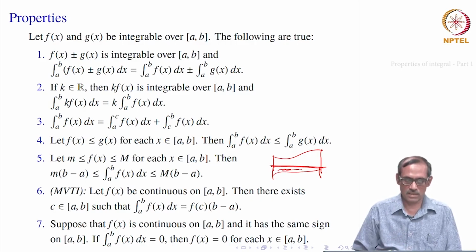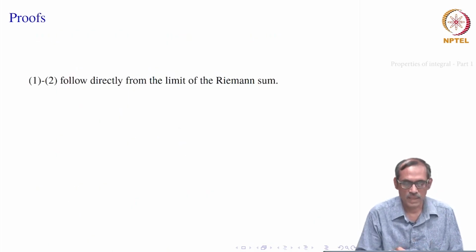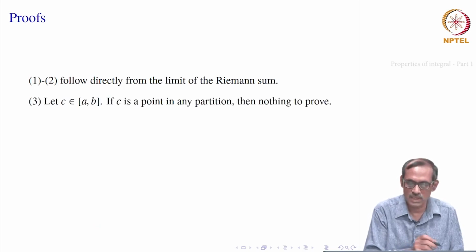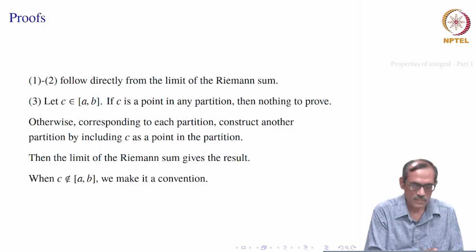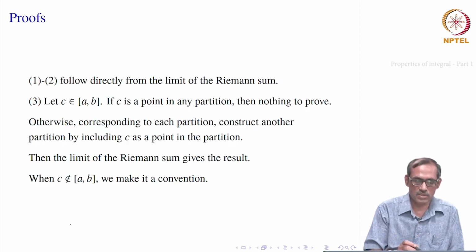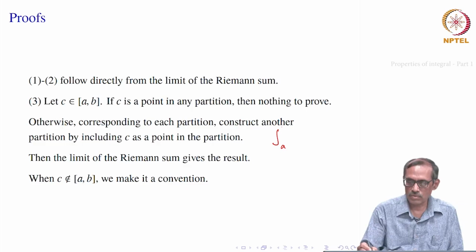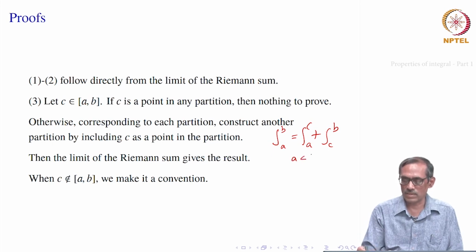Okay. I think these properties are fairly easy and intuitively all right, but we have to see how to give some of the proofs. Properties 1 and 2 follow directly, we do not see them. 3 is also direct, we have discussed it already. Now, along with 3 we have another point. 3 says the integral from a to b equals the integral from a to c plus the integral from c to b, where our assumption is that a is always less than b and c is a point in between a and b.